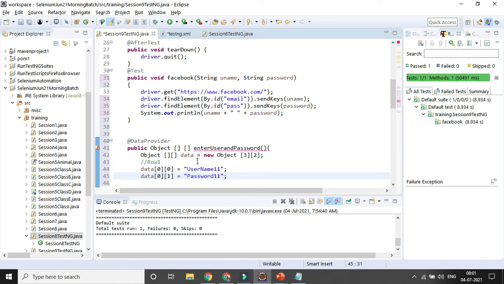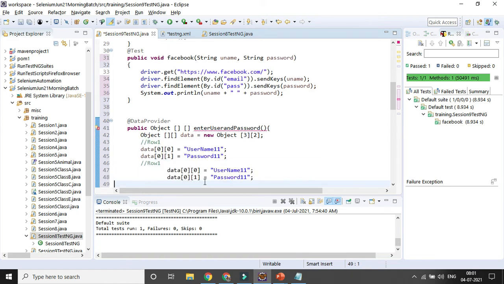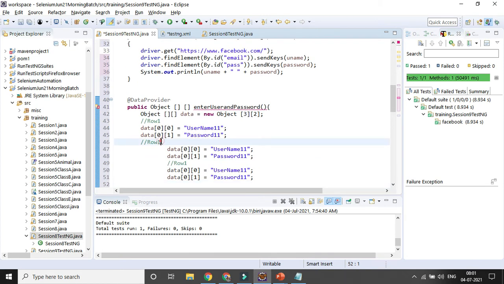Similarly, I can define everything for the other rows. So it will be row 2 here. Here I will be changing only the row number. Let's change it with 1, 2, like that. Now it's row 3, iteration 3. So here it will be 2, and I can change it to 1, 3 like that.